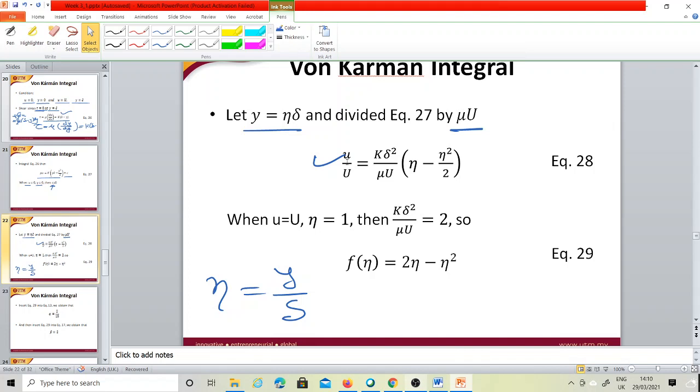Okay, so why do we do this? In order to express it in this u by capital U form. Now you have this one already ready. Now you just change the expression to this boundary condition. So when your small u becomes capital U, your y will become delta, right? So your eta will be 1. So just put the value. If eta is 1, u is equal to capital U, so it means that 1 is equal to